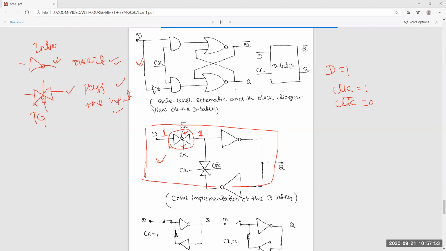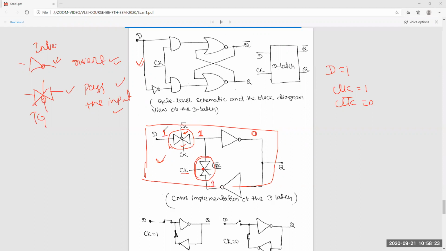Now at that time you can see this is on or off. Suppose this is off because the clock is connected to that PMOS, and this is off. Now this is 1, which means this is 0. It is also 1, but this is off, so this thing will not come.